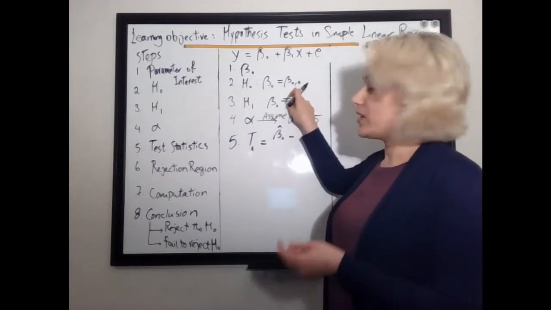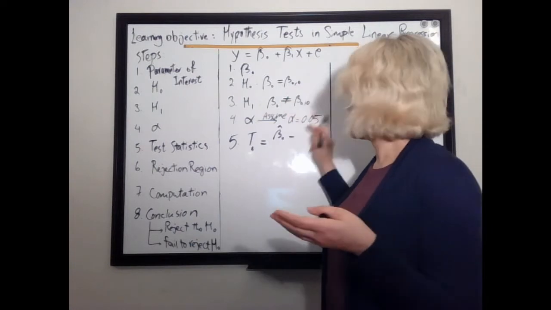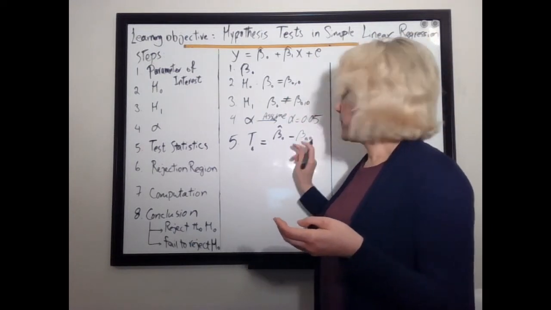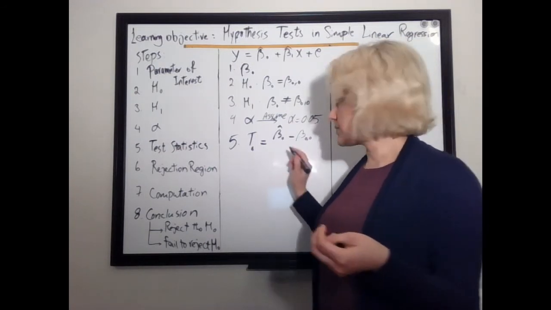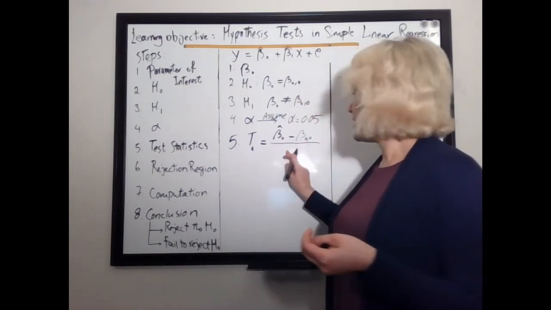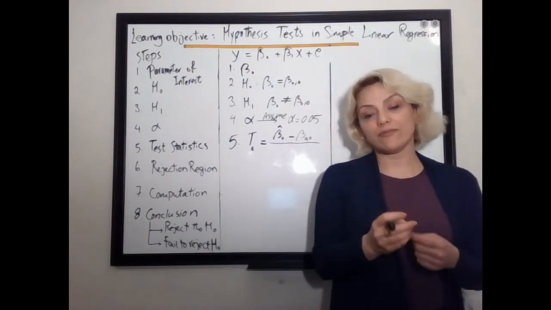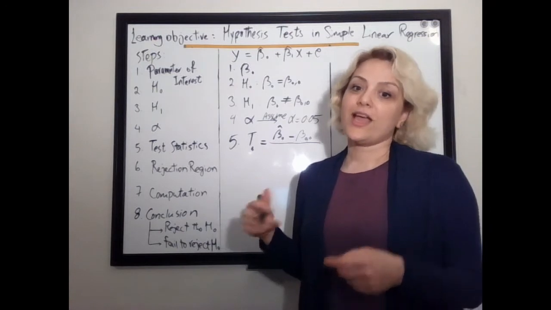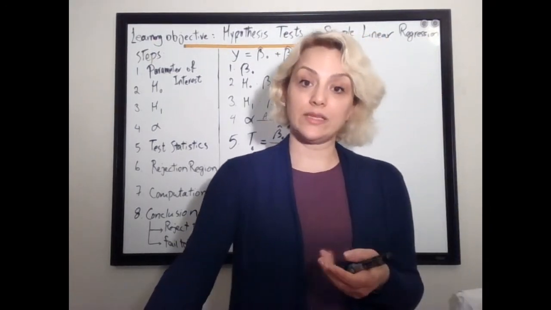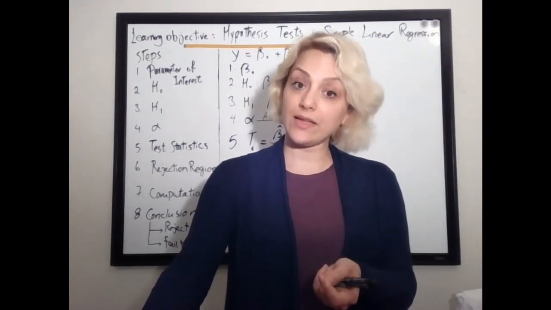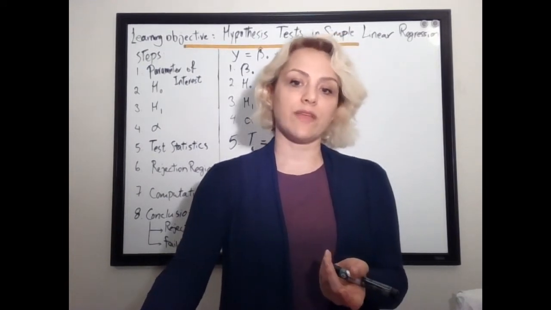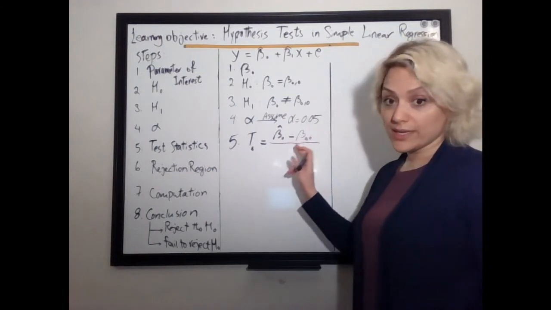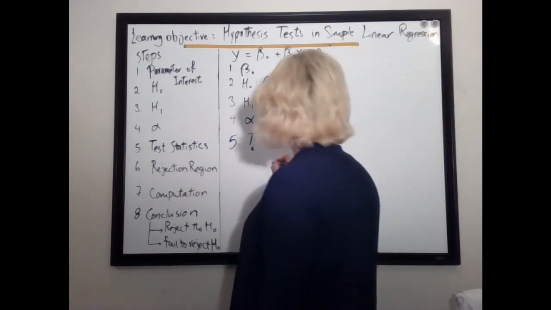And we said that the value we are expecting is beta null null. So it's going to be the beta estimate minus this one, and then we divide by the standard error of the parameter of interest. So the standard error here for the beta null estimate is going to be